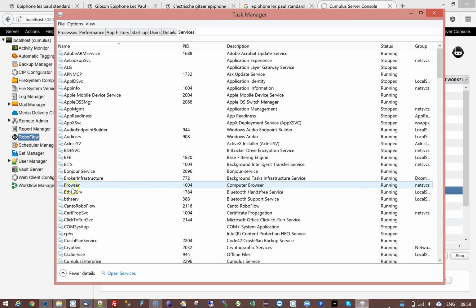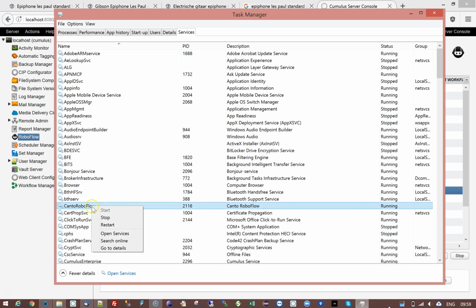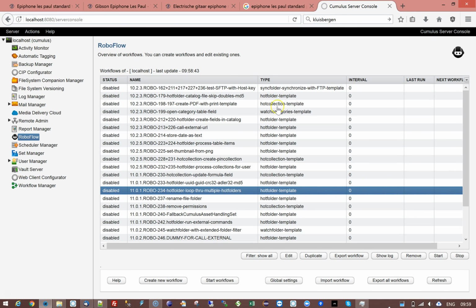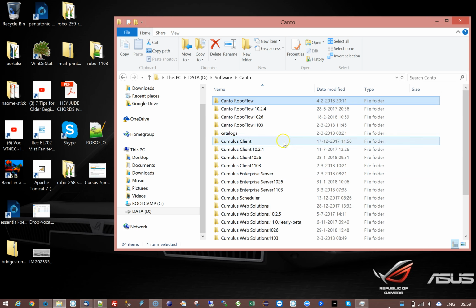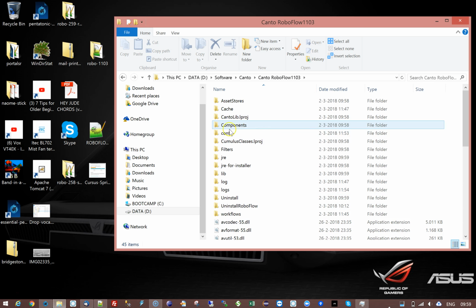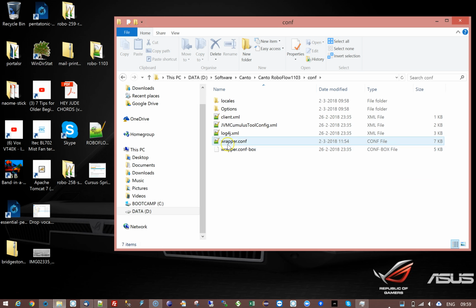You can either do it in your task manager, or you can do it in the services itself. So what you can see, I only have one Roboflow instance installed, and here is how you can install a second one. All you need to do is just come to this folder, and at this point I am using actually this installation. So let's go here. What we need to do is, and sorry for doing this,